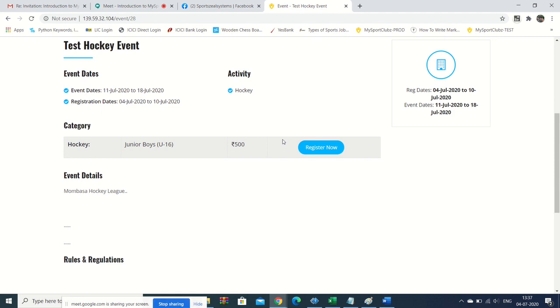Such a person who is registering, or a team that is registering for an external event, is simply a participant, not a member, and that is fine. It's very much possible, no problem, because you are going to play an event which is arranged by the club, and that club is our member.